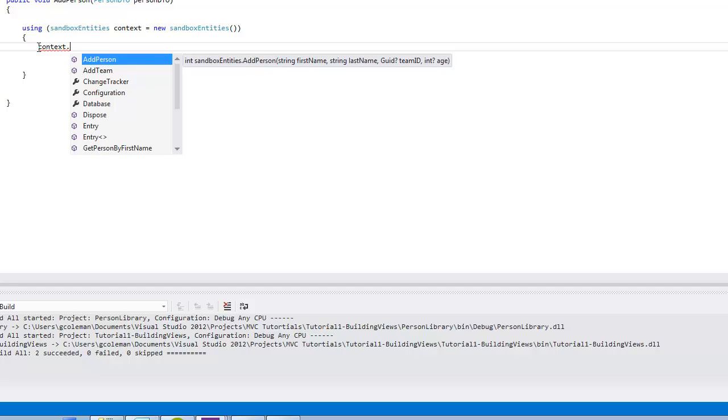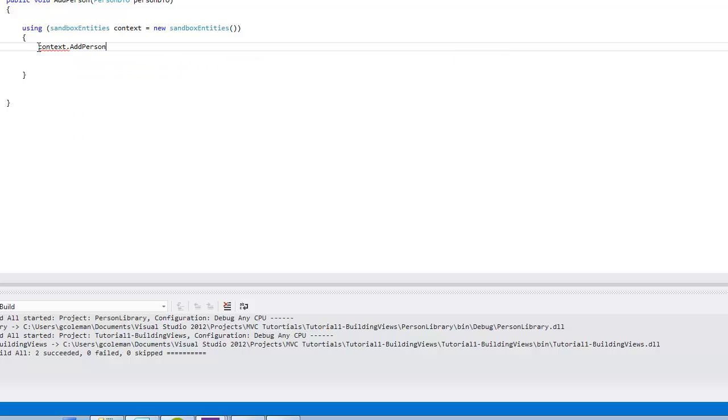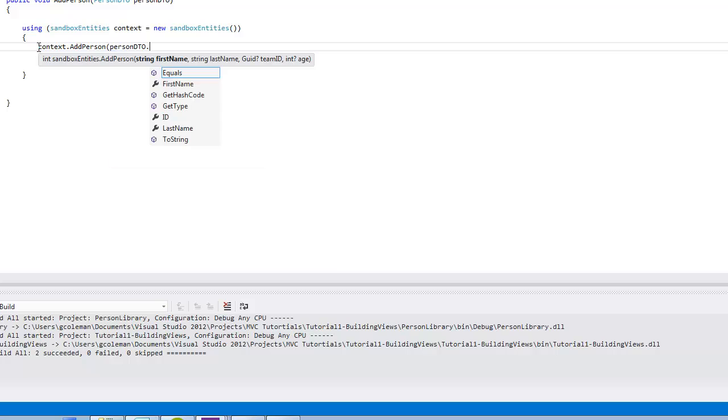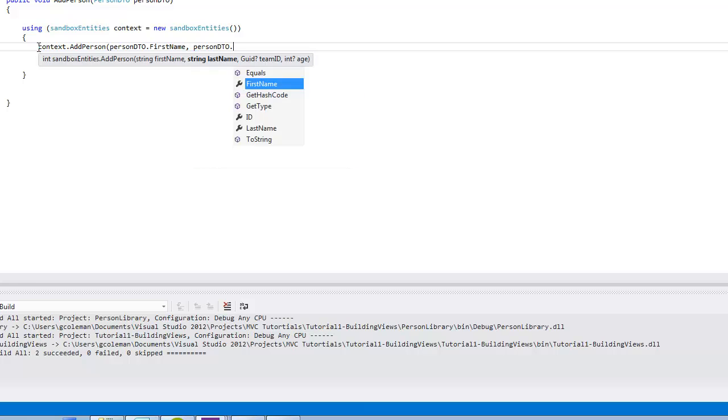So what we're going to do is add person because that's the method we're making here. And you'll notice that, hey, look at that. It's got the values that are identical to the parameters that are in your stored procedure. So now we're going to do person DTO dot first name, comma, person DTO dot last name, comma, person DTO dot